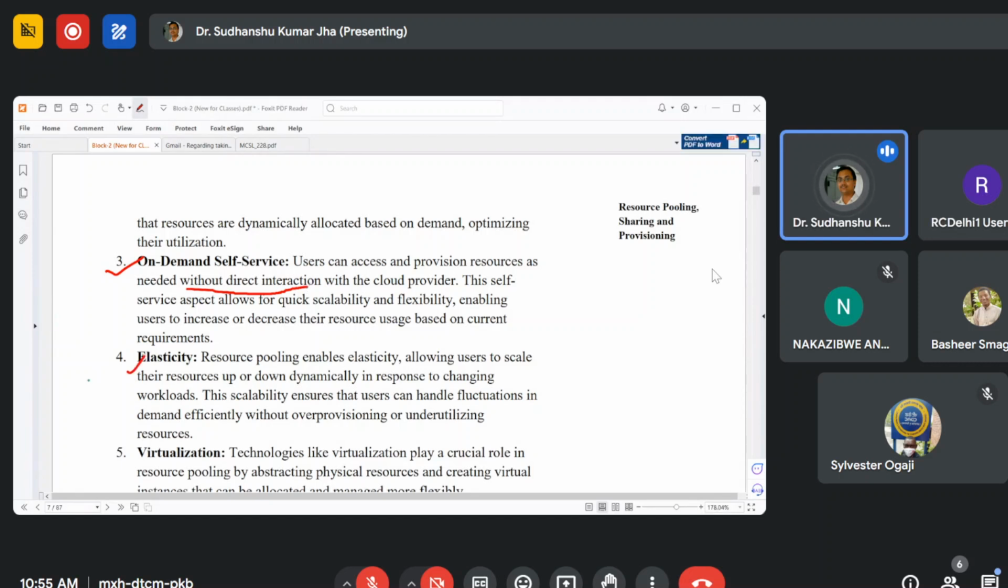Elasticity. So pooling also supports elasticity and allows users to scale their resources up or down dynamically during the execution of the program. So scalability or elasticity means suppose that during the execution of the program, you need two more resources. So they may be allocated to you if the replicas of the resources are available. Similarly, in the initial phase, you may have been given 10 resources, and after